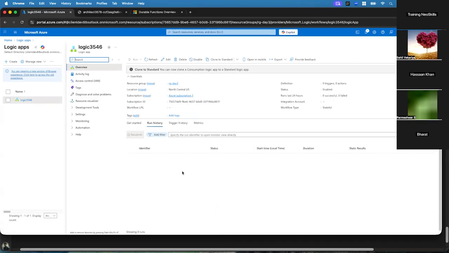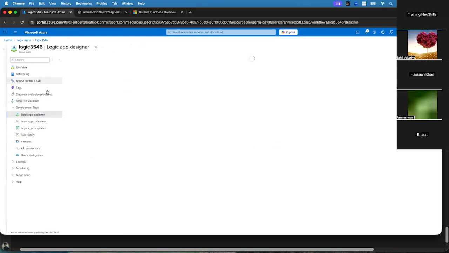The major part of logic app is that you can create a logic app inside the Azure portal itself. What does that mean? A function app or a web application you can create outside as well, locally from Visual Studio Code, and then publish it over here. That is okay. But for the logic app specifically, Microsoft recommends working only with the portal. Why? Because there are multiple connectors present. If I go to the logic app designer,